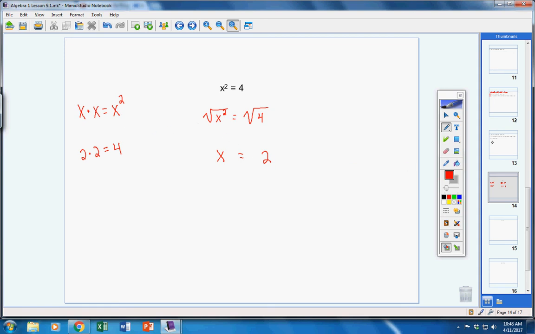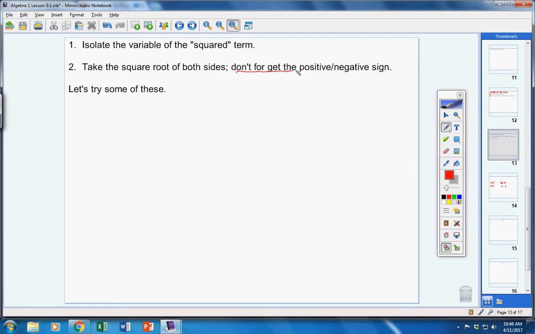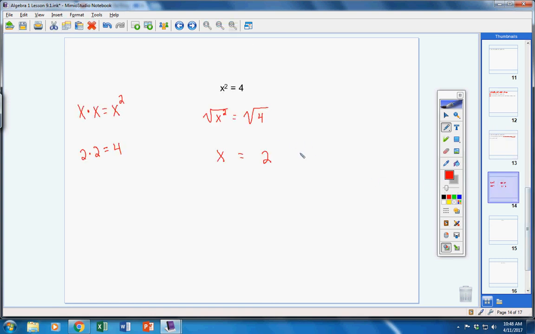Now, notice in your steps it says, don't forget the positive negative sign. Anytime you have to put plus minus in front of your answer or positive negative because you have to remember that's part of your answer. Remember, there's possibly two answers, Mr. Earhart. There's no positive negative here, so why do I put it here? Well, two reasons. First of all, you chose